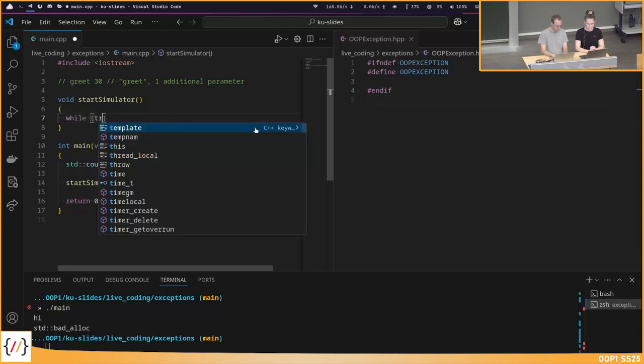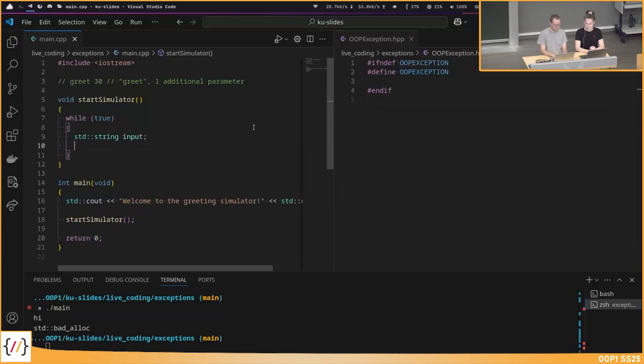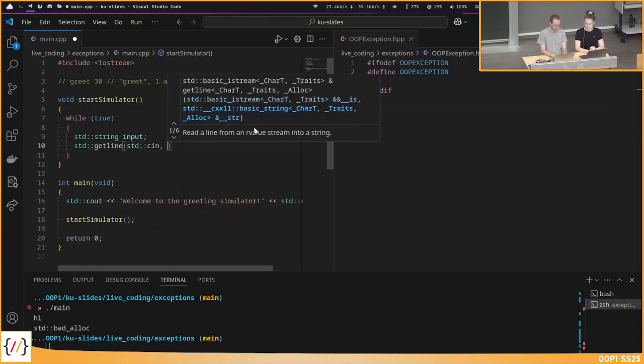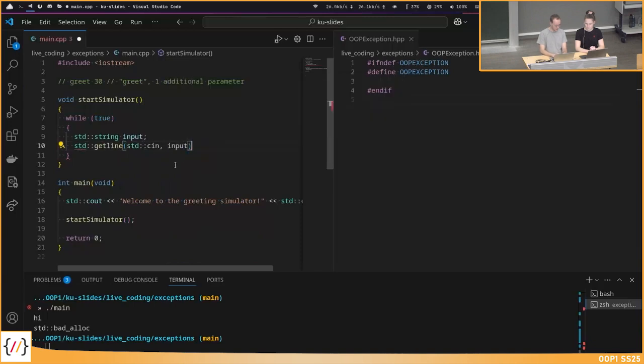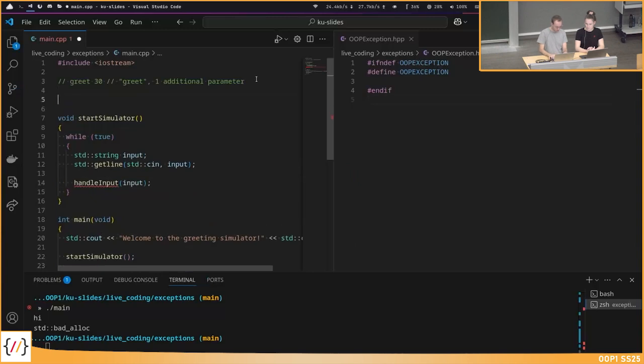So maybe start with a while true here, and I create a string where the user input should be stored. We saw this already. We use getline from cin and store it into the input. Now we have the input, and now we want to execute the command. So maybe we have another function handleInput here where we pass in the input. Okay, so one more function.